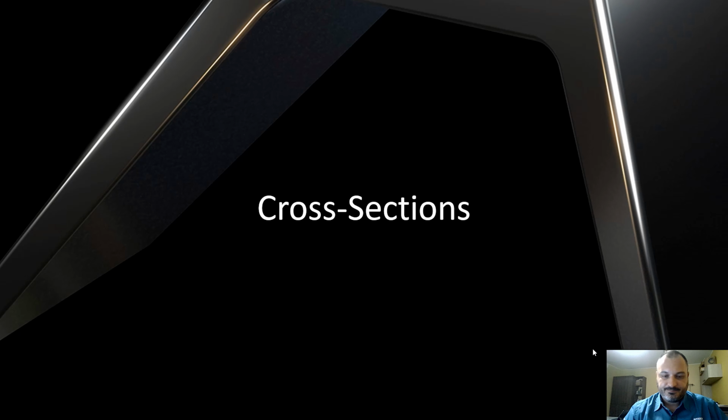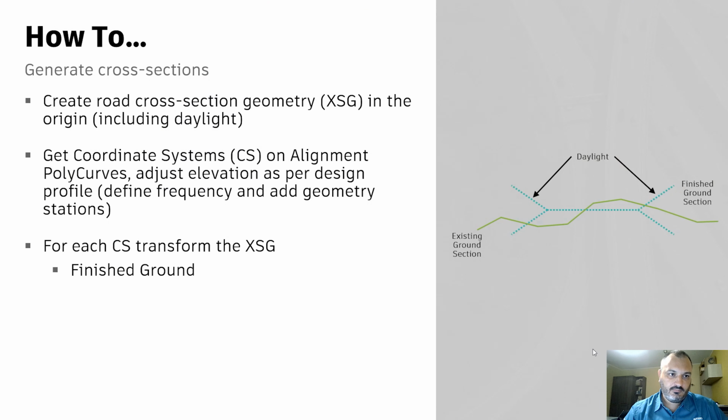The cross sections. So how to deal with cross sections? Here we have to do some simplifications. So we're not going to consider cross sections that contain all the different layers of materials. No, we're not going to do that. In this case, I've only considered a horizontal line that defines the road width, and I've added a couple of lines with a slope for the daylights. Of course, they could be different for cut and fill.